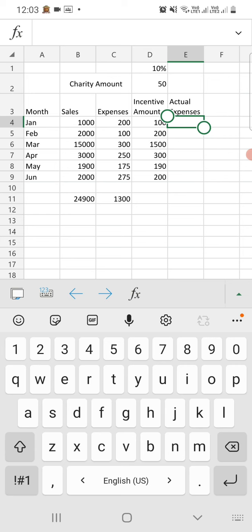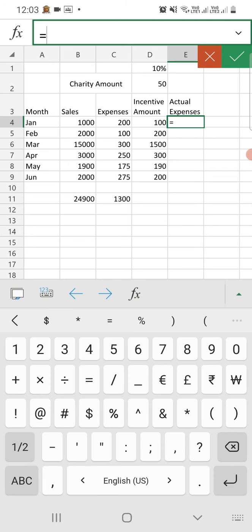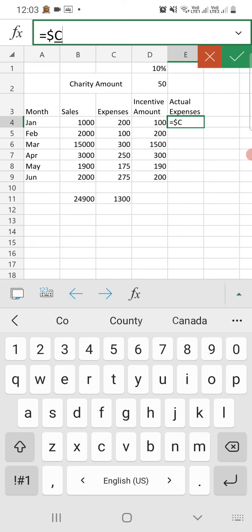Row is not fixed. So just write the formula equal to $C4. That means column C will be fixed but row will be changed.